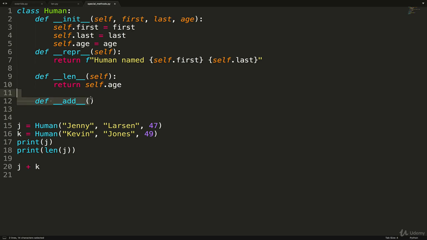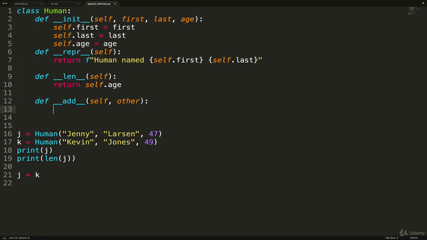So all we would do, we have to add self, and self refers to whatever came first. And then there's a second parameter, which I'll just call other. It's the second thing that's being added. And if we do this, we can add a little check in if we really want it to be fancy. We could add a little check to make sure it's a human. So see if other is a human, because self is guaranteed to be a human because this method is defined on human. But we want to make sure that we're adding a human. So is instance other human.